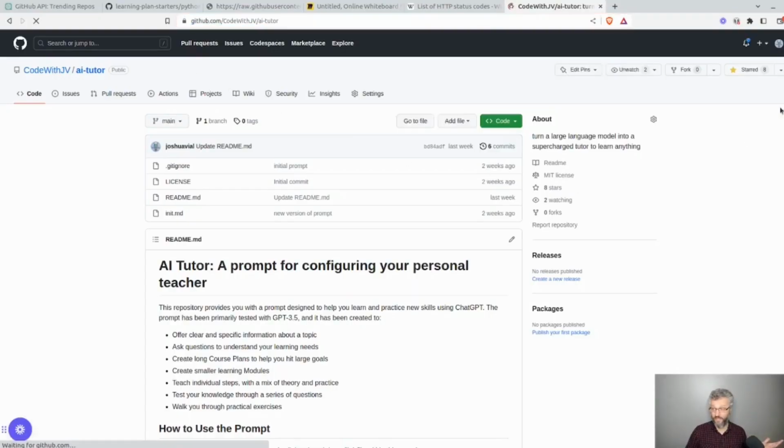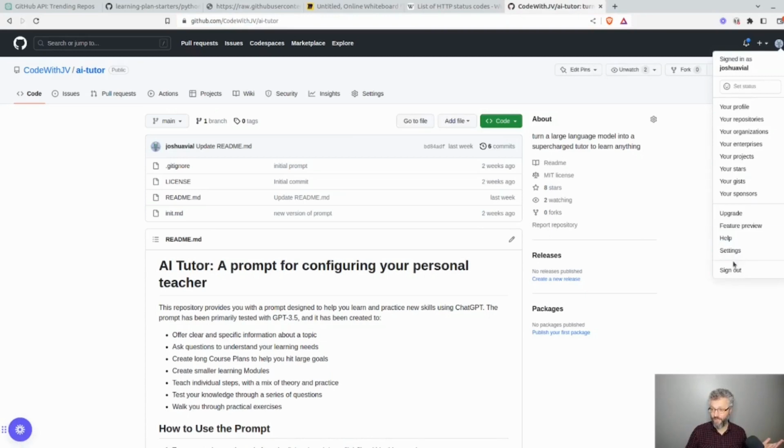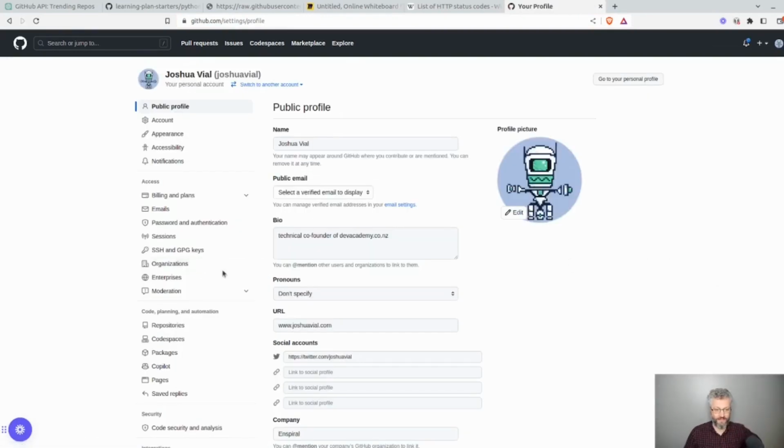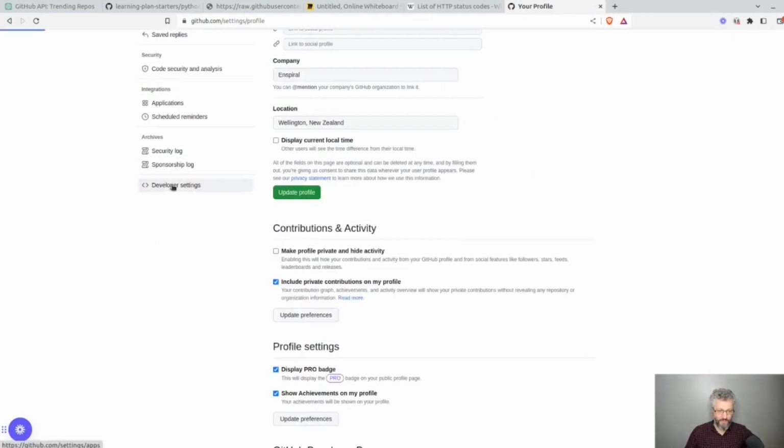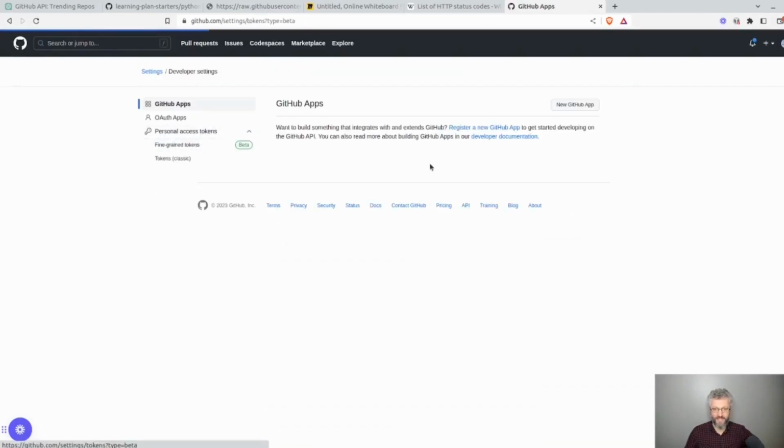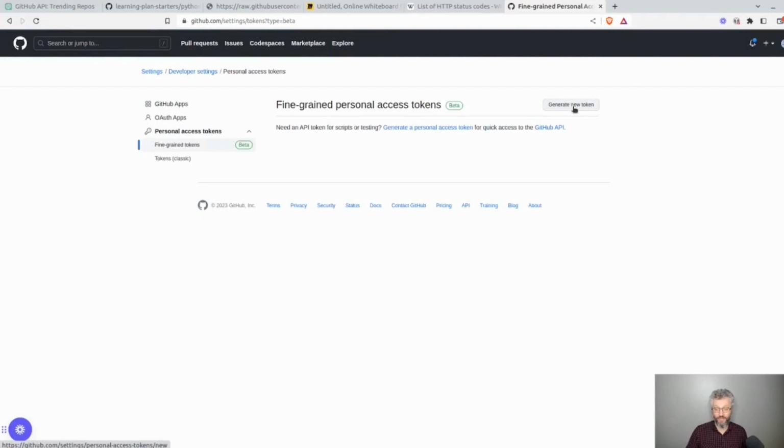To get the access token is different for every API or every website. If you don't know how to do it, the first thing you can try is, hey, ChatGPT, it knows a lot about different websites and can give you descriptions which are pretty good. For GitHub, I'll just show you how it works. In your browser, go to GitHub. You'll find your username up here, settings. Right down the bottom, you can get your developer settings, personal access tokens,